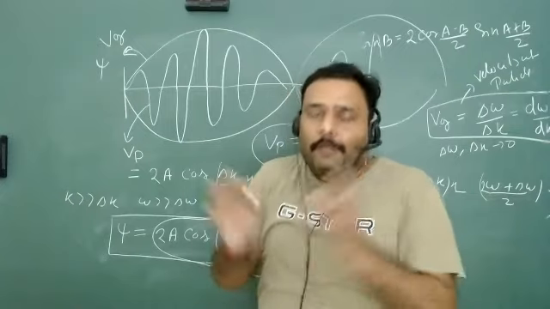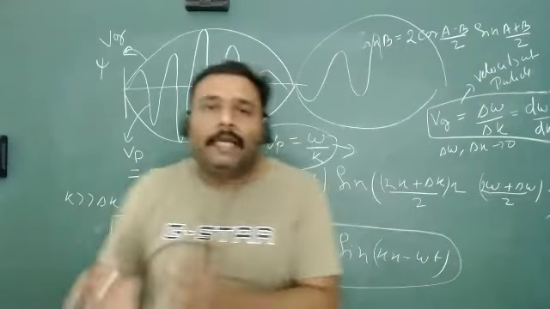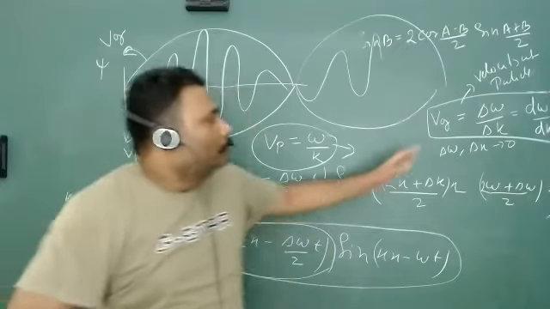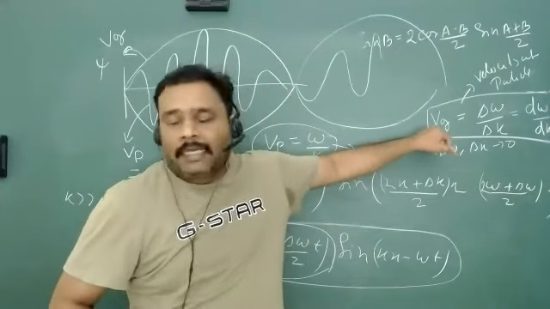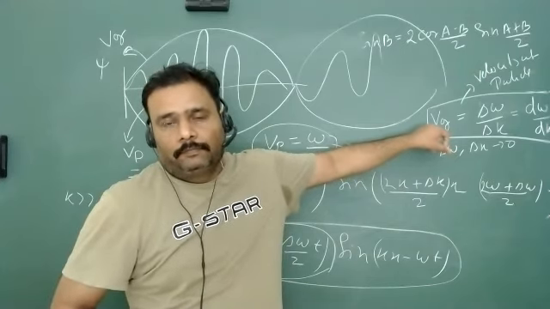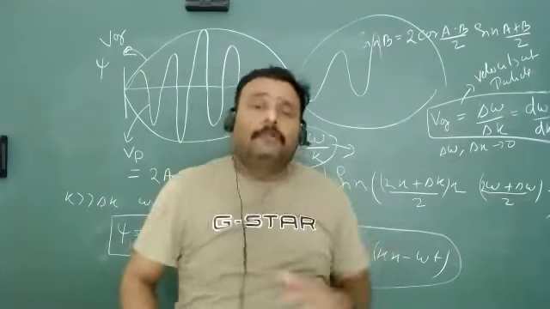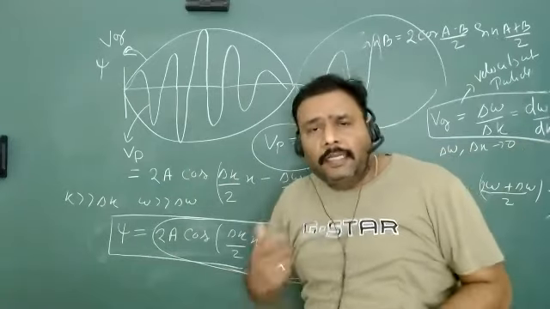So that is overall. We have to see the overall situation. So why I have told you, the actual thing is the group velocity. That is what you will find as the classical velocity of a particle. And I have also dared to say that phase velocity does not have any meaning actually.